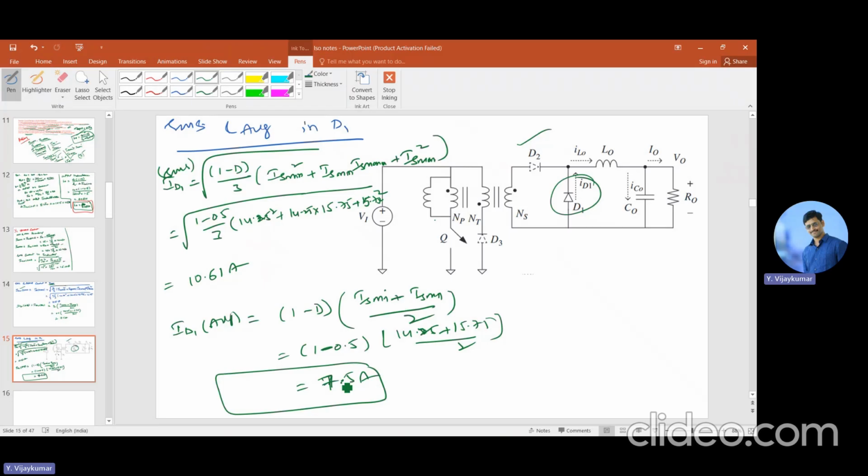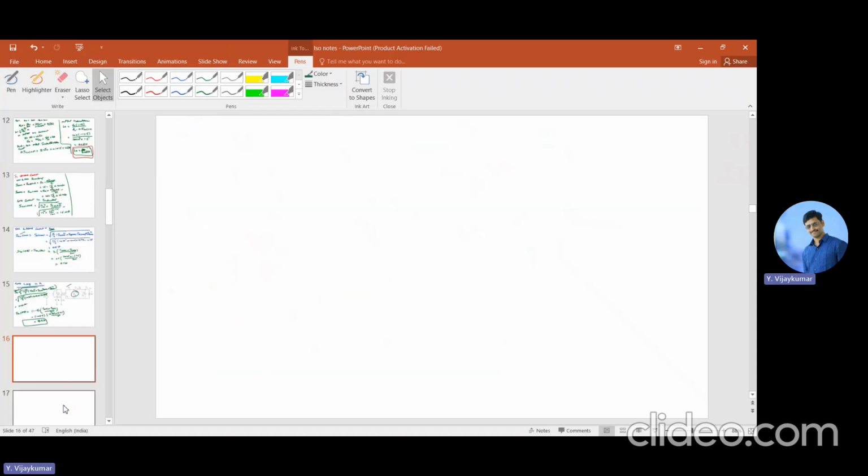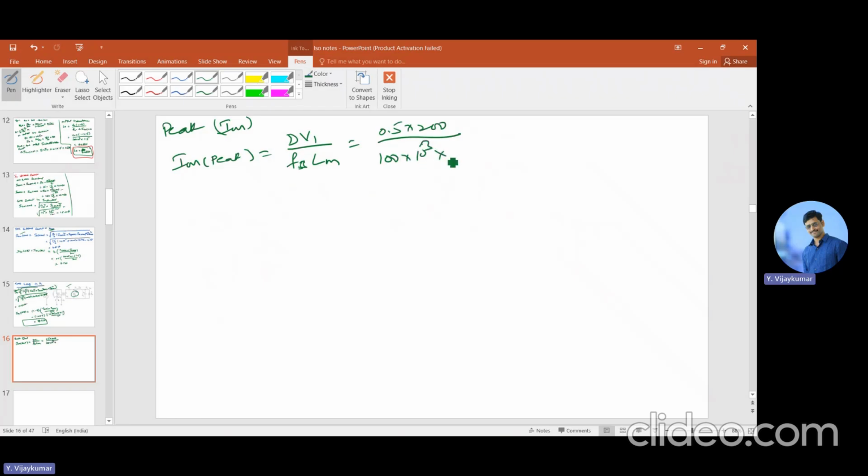Now, what are the other currents here? What is the magnetizing current? The peak value of magnetizing current, IM. You know the IM peak formula which we already discussed: D into V1 divided by Fs into Lm. So that is equal to 0.5, V1 is the input voltage, divided by 100 into 10 power 3 into 2. Lm value we got is